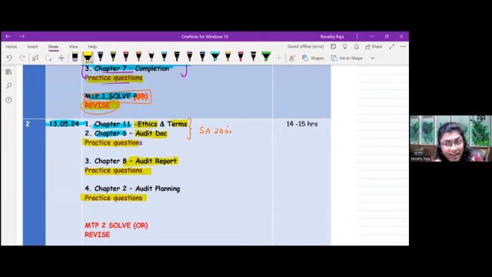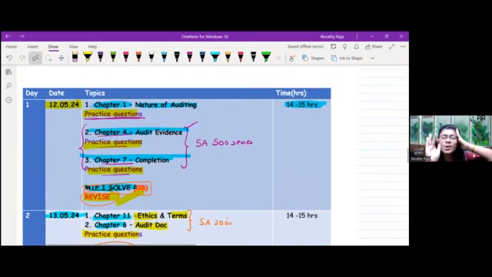Finally, to end that day, you go with audit planning. Planning, chapter number 2, is a very, very, very small chapter, but a lot of keywords are there. Note those. And before you end the day, don't forget, like I said for the previous day, spend 1 hour for revision. If possible, revise from chapter number 1. Just recall for 10 minutes. What are the contents? Okay, these are the contents. Chapter 4, okay, series of SAs. What are those SAs? 500, 501, 505. Just revise. Revise means try to recall.